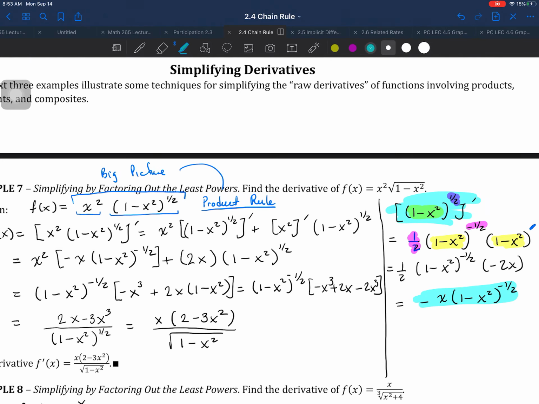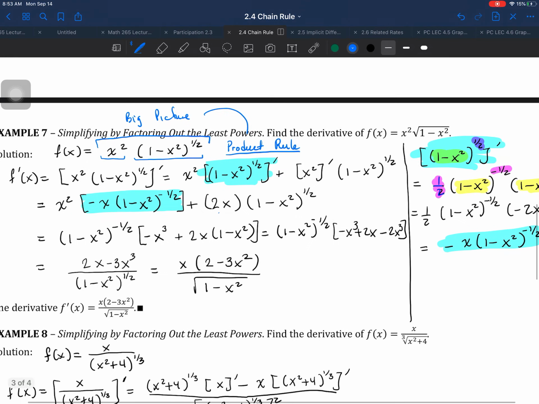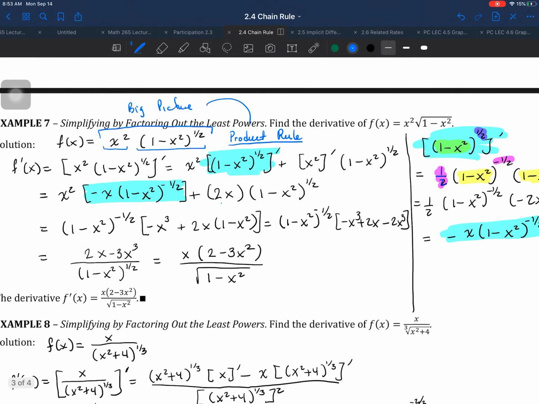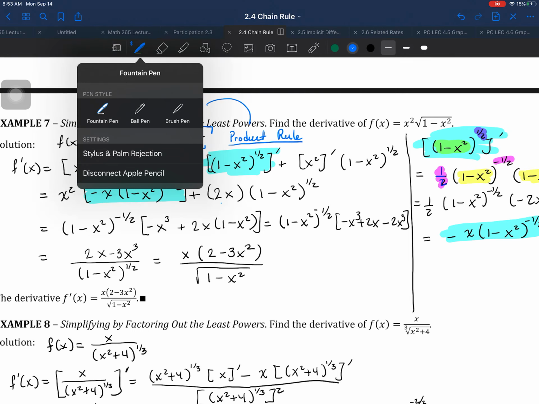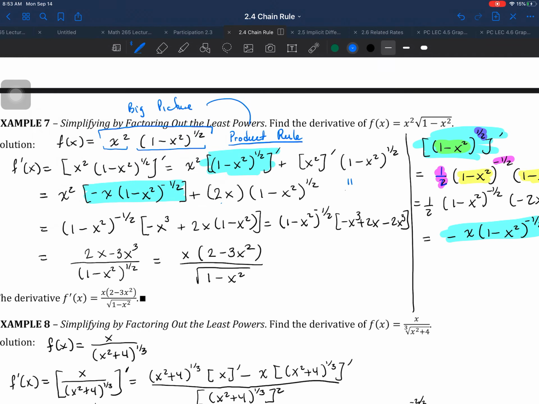So I'm coming from here, the derivative, to now writing its derivative, right? There you go. Followed by the derivative of x squared, which we know is just 2x, multiplied by the original second function, and that's it. This is the derivative here. This is the derivative. So I'm going to put a happy face here. We have found the derivative, but